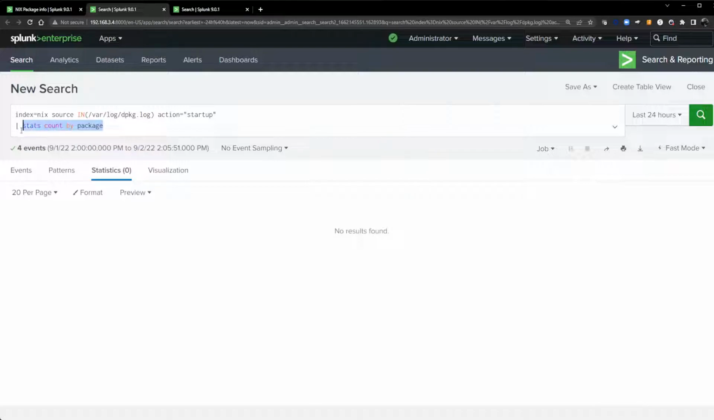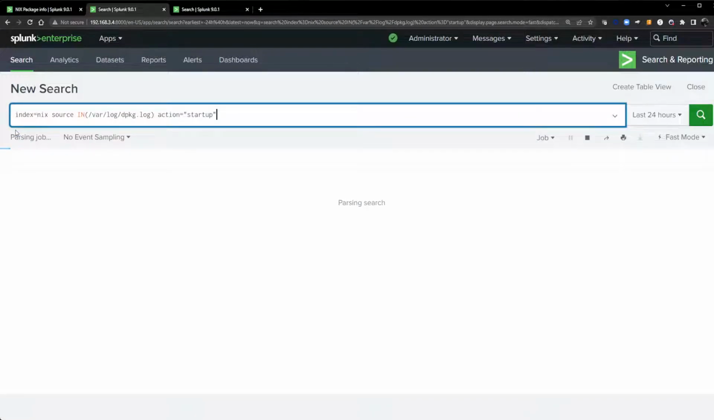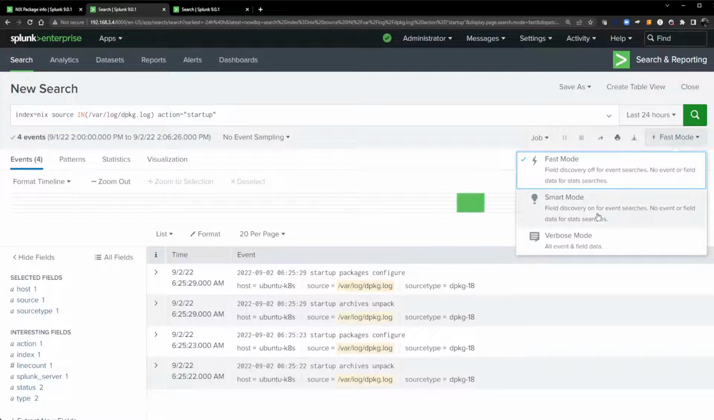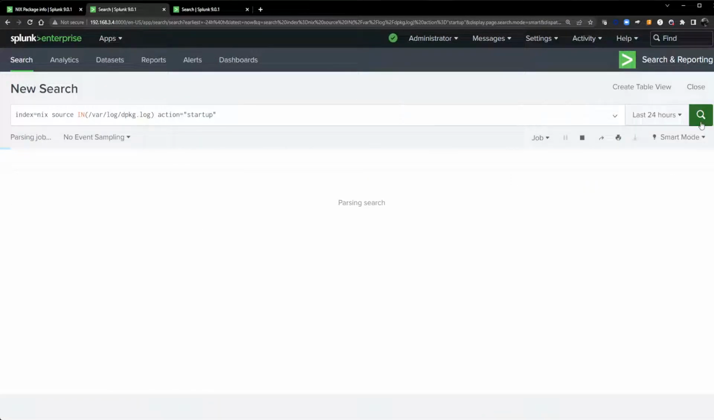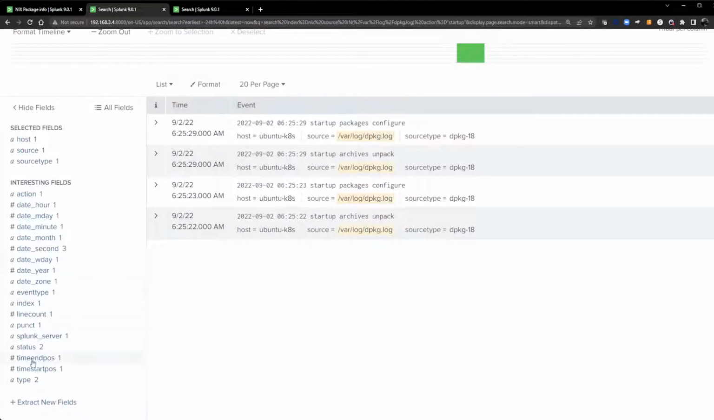So I'm going to take out the stats count by package and rerun this search. And if I look, let me change this back to smart mode. And if I look at my interesting fields, I will not find package over here. And that's because it's not there. I could put a not statement and say, hey, don't ever show me this. But if I wanted this information, and see when startup of packages configure and unpack,